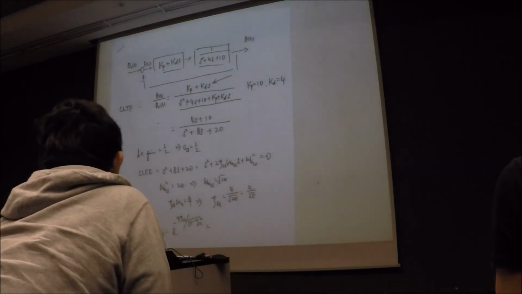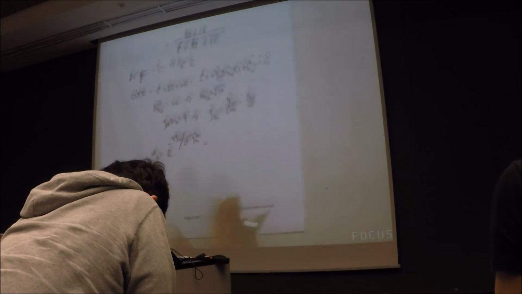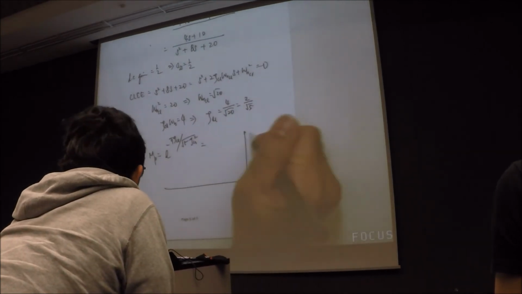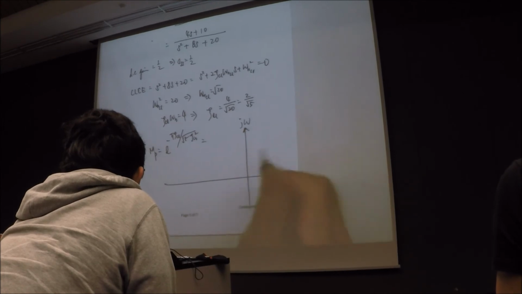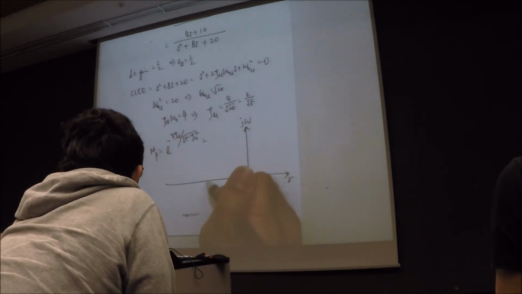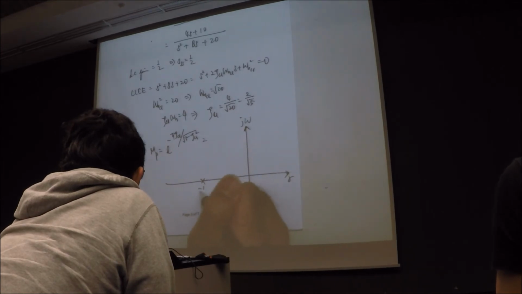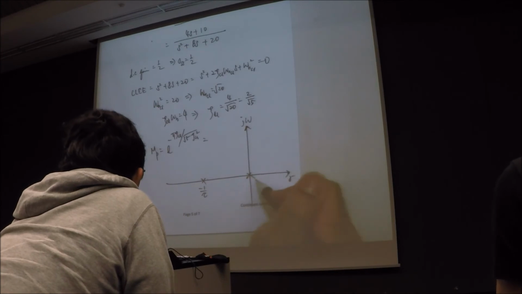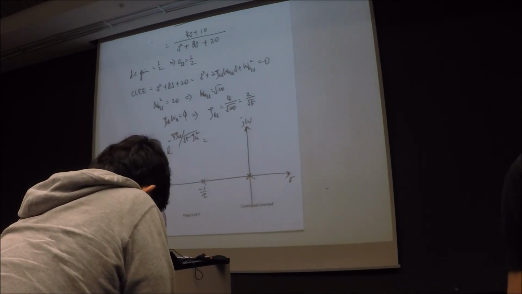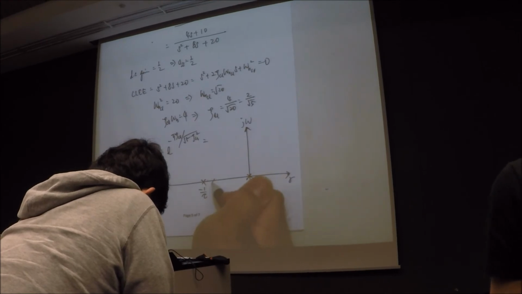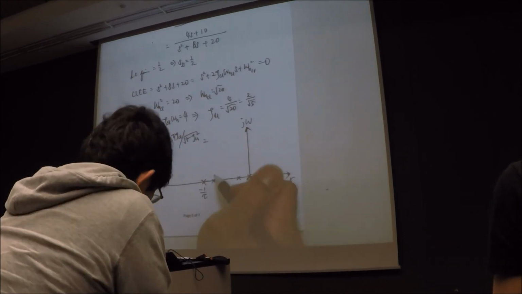When you close the loop, so this is sigma, zeta, omega n. Original system, basically you have minus 1 over tau, alright? So that's your pole location. Now you place a pole at the origin. So when your gain K is very small, your closed loop pole can basically either